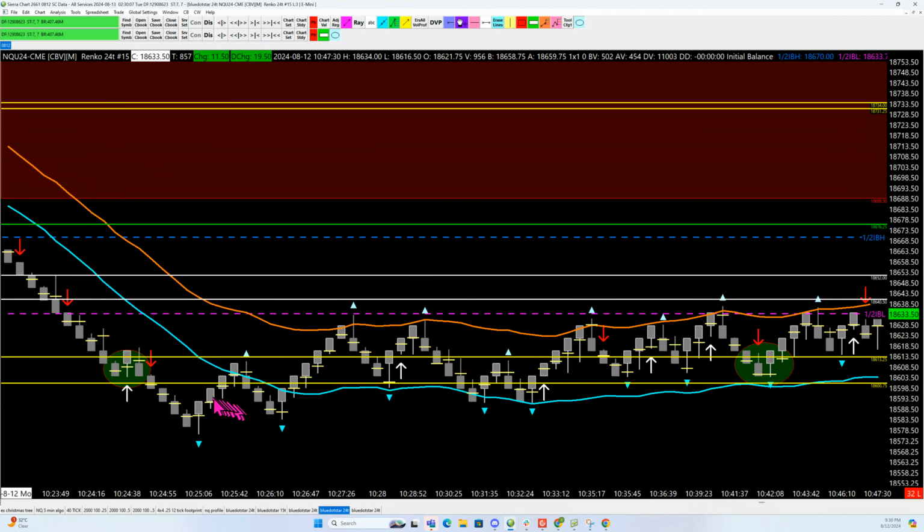Now, what I'm hoping for is an arrow down that gets stuffed over here. And what I drew out was this series of higher highs, right? And this side wedge here, so it kind of formed a bull flag, is what it formed, right? And what lifted that was at 10:42 Central Time, arrow down, bar up. The only thing this was missing, we got underneath this anomaly right here, right? And we got above with a backside test. They tried to break, they tried to hold, they failed, they got back above, they pushed down,